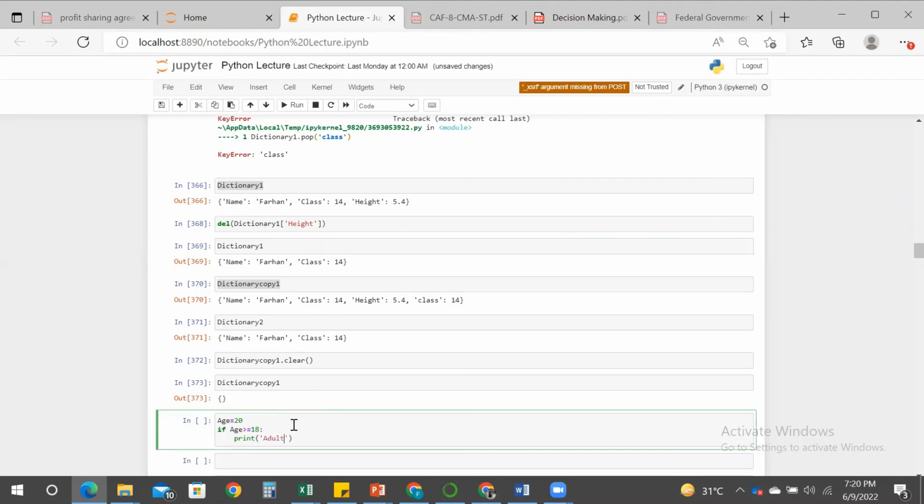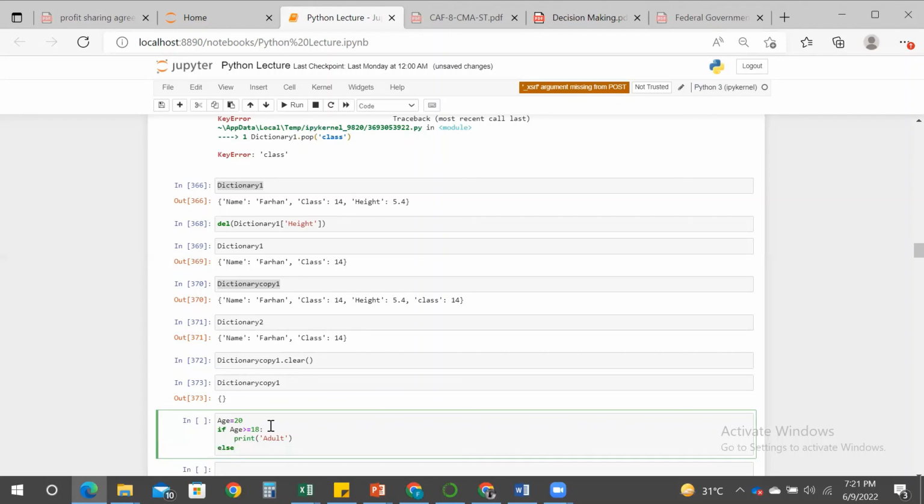And since the word adult is a string, so I am using quotes to type adult. So if this condition is true, then return this. And if this condition is not true, then I will type else and